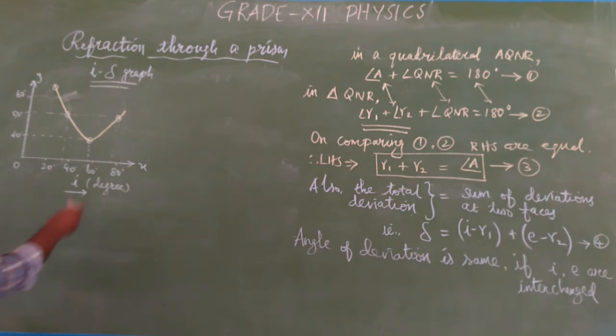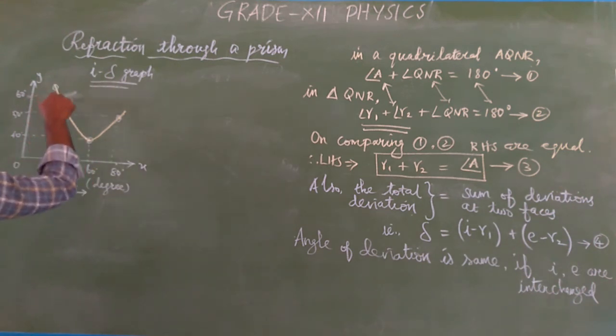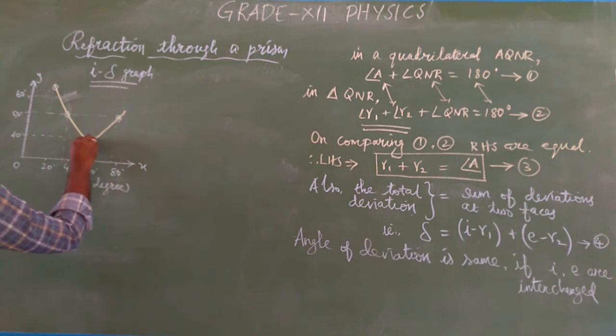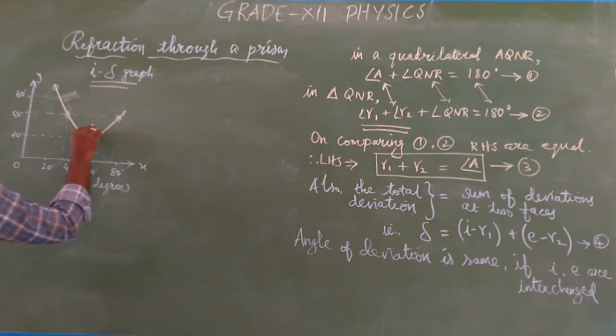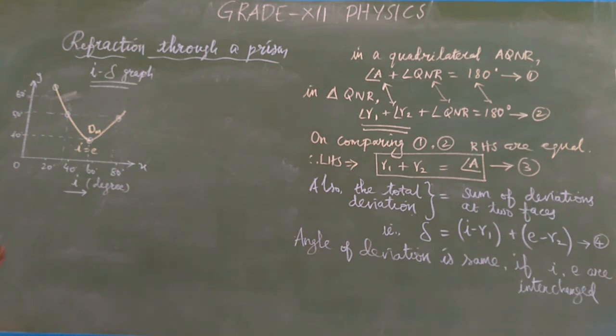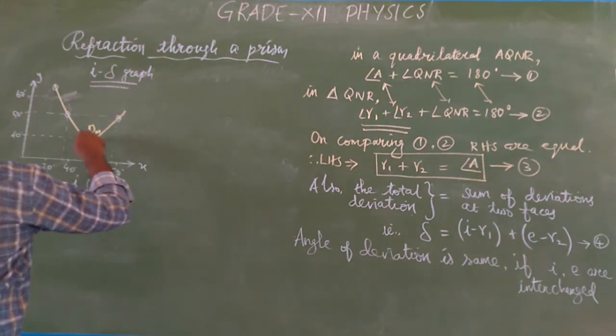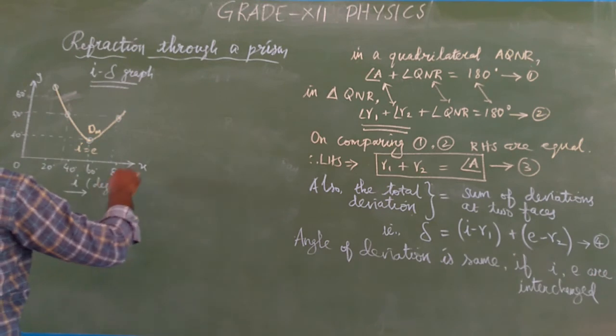In this curve, the deviation gradually decreases up to this point. For this particular angle of incidence the deviation remains the same, so i is equal to e. This is called the minimum deviation, and this point is the minimum deviation. At minimum deviation, the refracted ray inside the prism becomes parallel